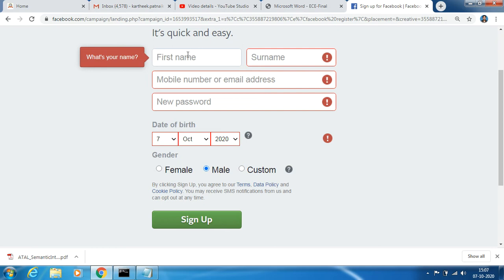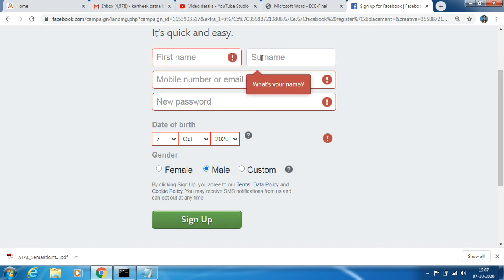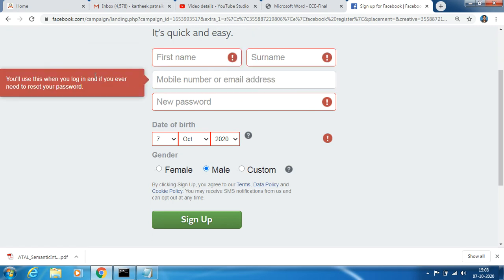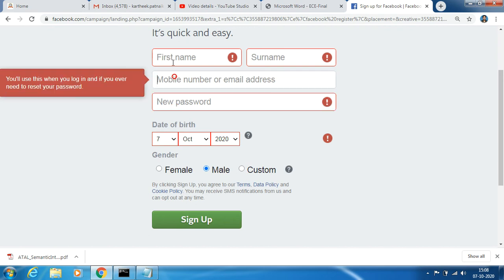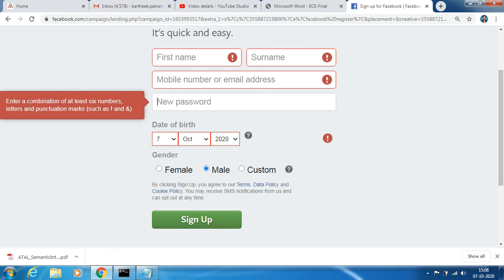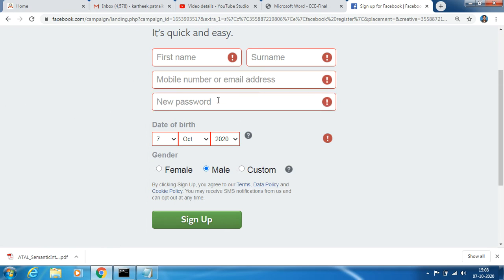So what kind of operations can we see in this text field? Whenever a person clicks on the text field, they can be notified what they should enter. See, when I click on this, immediately it asks me what is your name. When I click on this, it asks what is your mobile number. If you enter the mobile number and email address, you can reset your password or something. This is something like a password should be a combination of something. These are different text fields which have some event telling you to enter something.